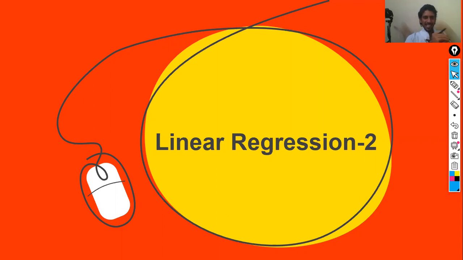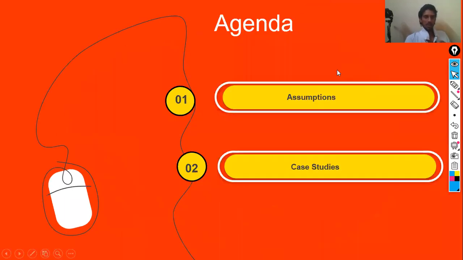And in this session, let us understand the second part of linear regression exactly from where we dropped off in the last session. Right? So, going forward, let us understand two very important aspects in this agenda. The first one would be to look at the assumptions of linear regression, and the second one would be the